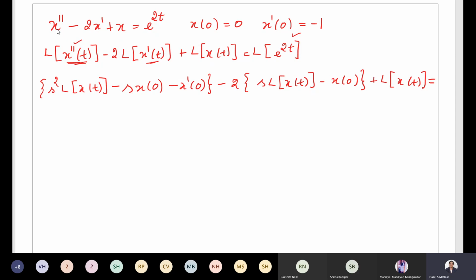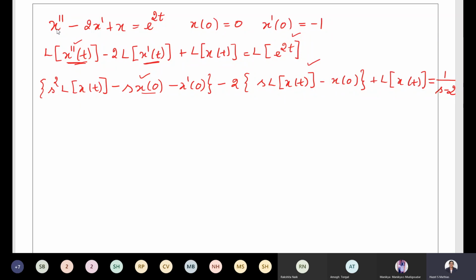What is the Laplace transform of e power 2t? It is 1 divided by s minus 2. Now next, what shall we do? See, these expressions you need to practice. Then only you will be able to substitute over here. If you put the wrong substitution, the entire problem will be wrong. So just remember how I asked you all to remember it.